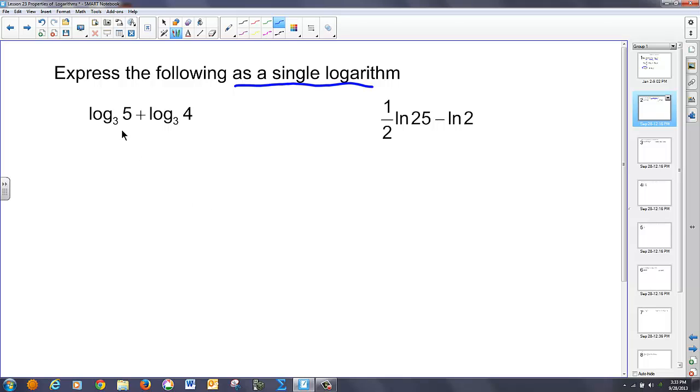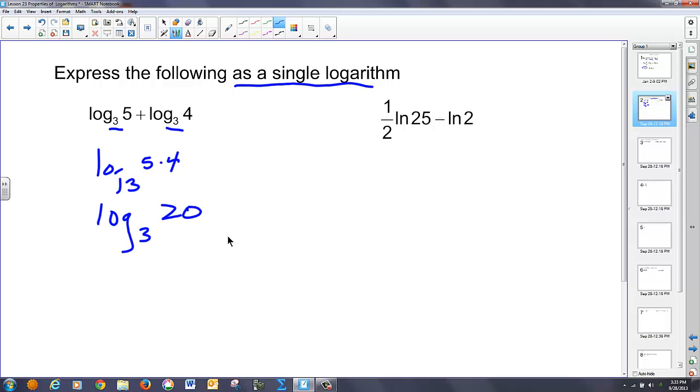So we see here that we have log base 3 of 5 plus the log base 3 of 4. Key thing is that I have the same base. These are added, so I can combine that to a product of the two. So this is the same as the log base 3 of 5 times 4, or the log base 3